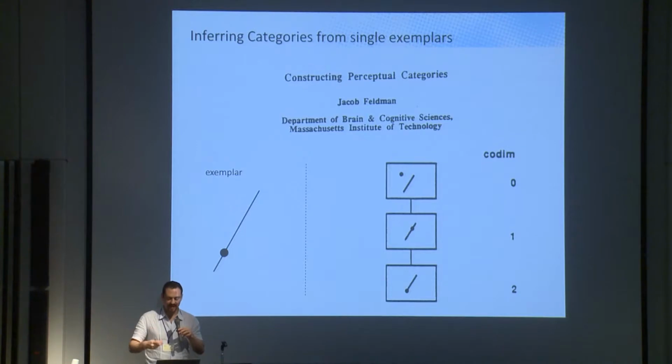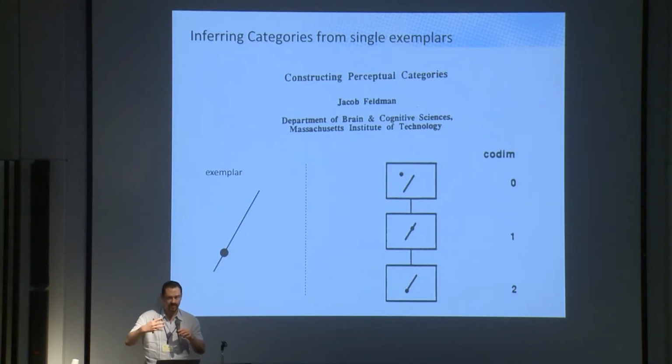So this codimensionality indicates that there is probably a generative process at work that placed the dot on the line. Therefore, legal variants should also place the dot on the line. Why does it not put the dot at the end of the line? Because in the exemplar that you saw, the dot is not at the end of the line. If you are shown one that has a dot on the end of the line, because of the codimensionality, you would produce exemplars where the dot is always on the end of the line. So going from a single exemplar, you can actually make inferences based on perceptual organization principles